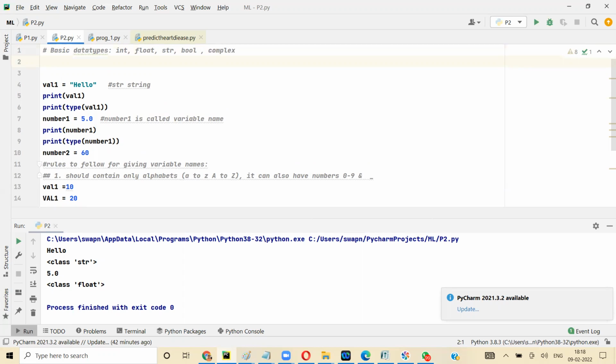Boolean means 2 values, bool, 2 values, true or false. It can either be true or false, nothing else. So how do you write true and false in Python? Let's say if I have to create a